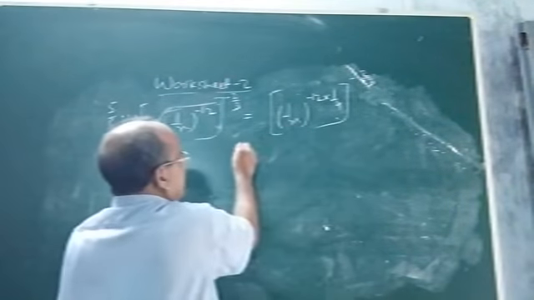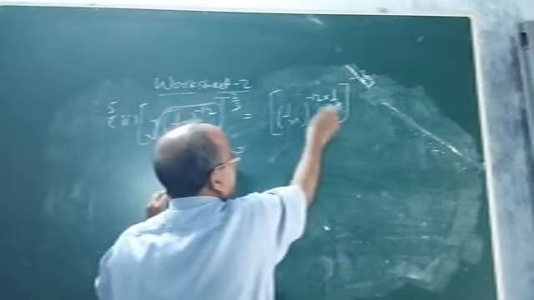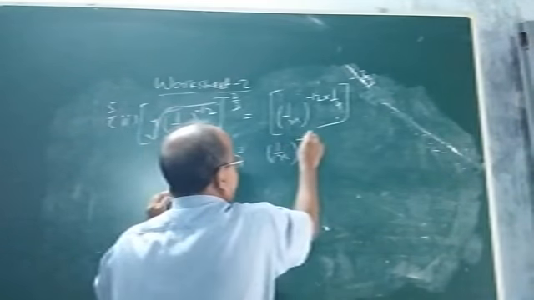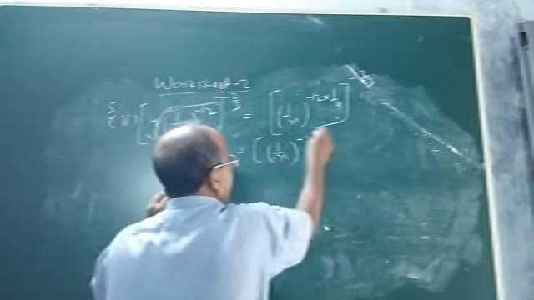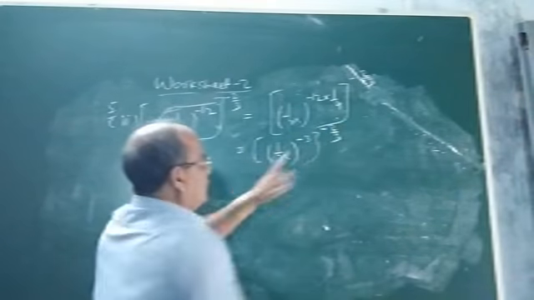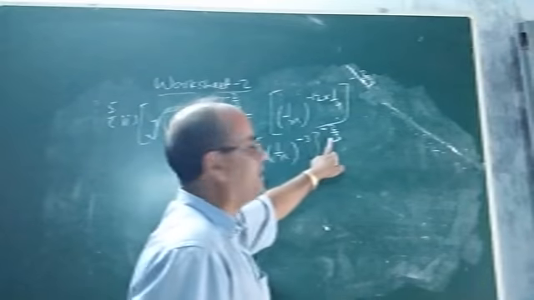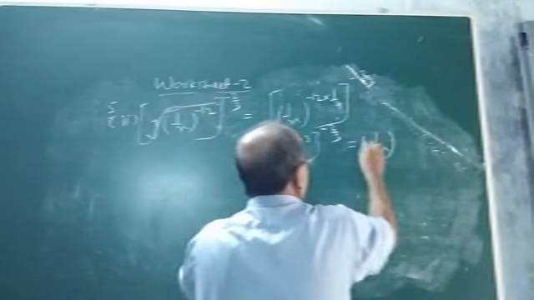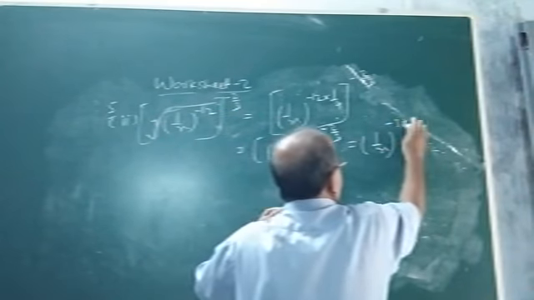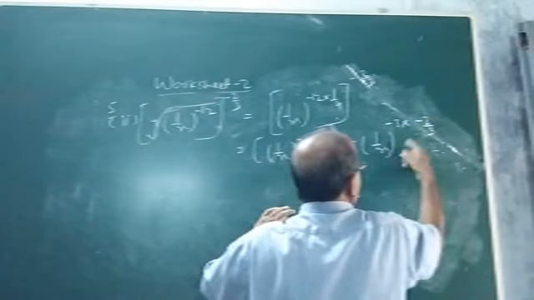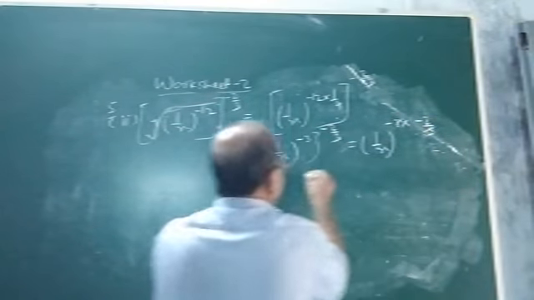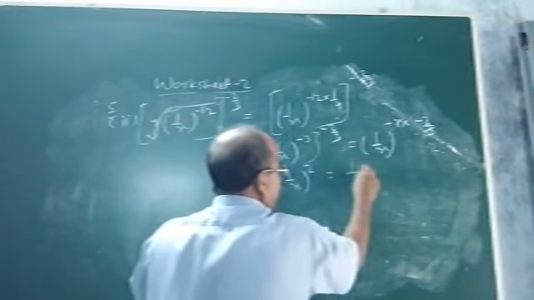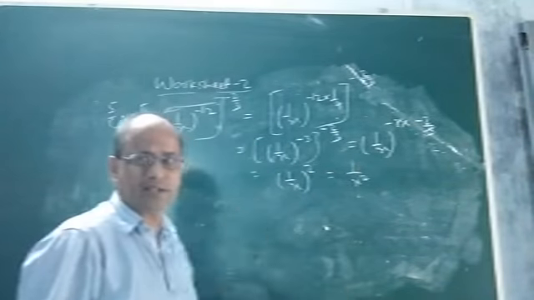Then what will be the next step? Now see, minus 12 and 4 will be cancelled. It will be 3. It is (1 by x)^(-3) whole to the power again minus 2 by 3. Now omit the square bracket; minus 3 and minus 2 by 3 will be multiplied. So what will we get? (1 by x) whole to the power minus 3 into minus 2 by 3. Now minus minus is plus, and 3 cancels. So it will be (1 by x) whole to the power 2, that is 1 by x square. So this is the answer.